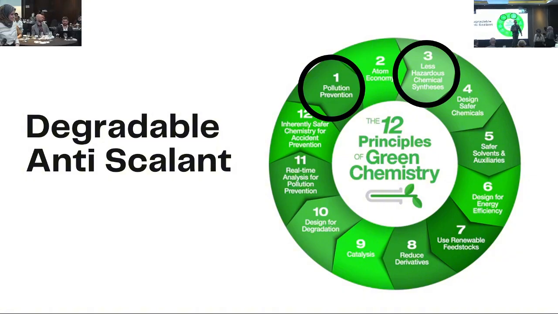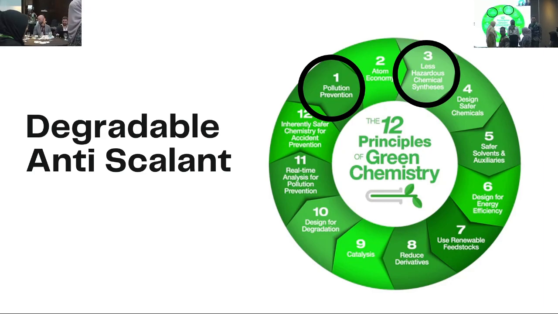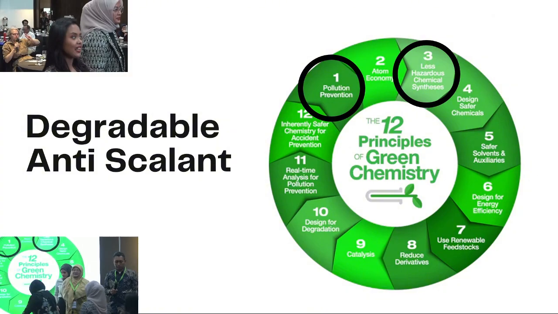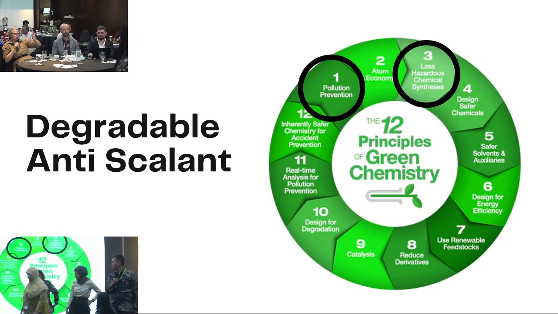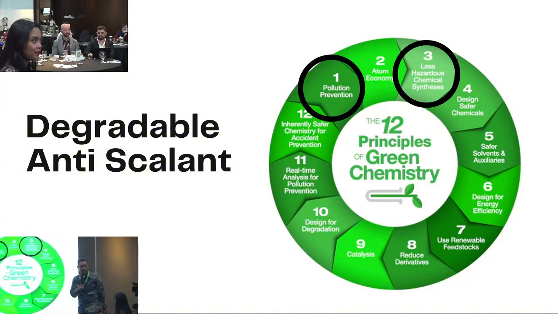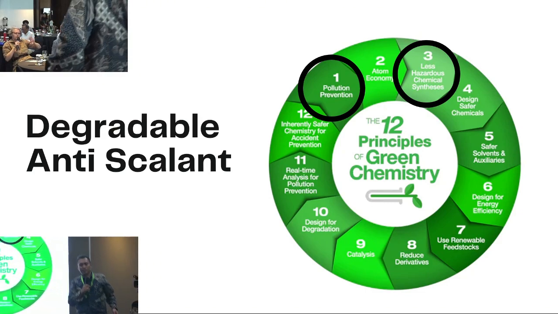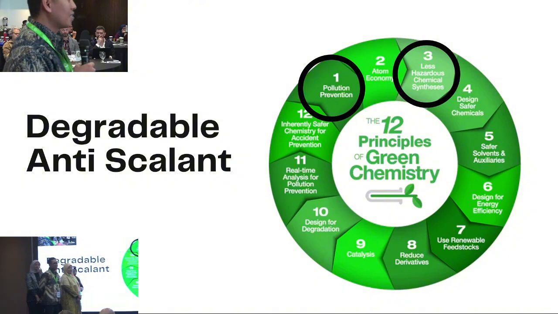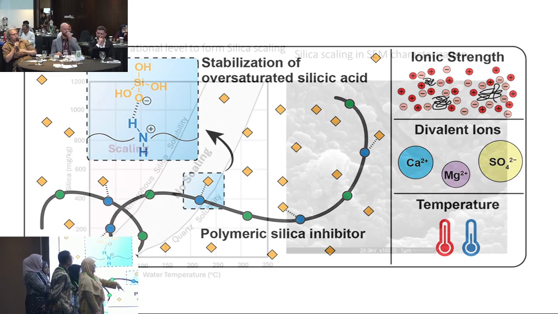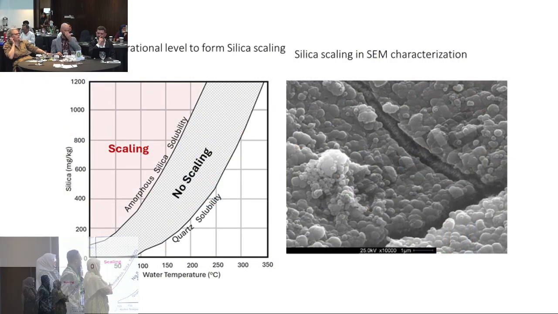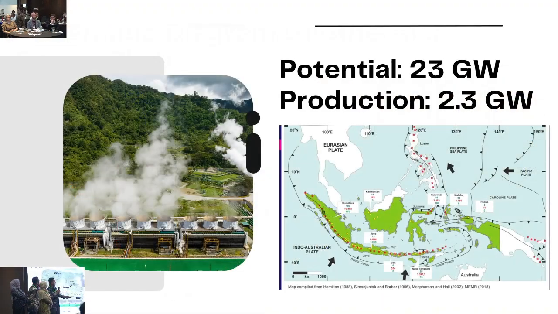The question, please. So you presented different antiscalants. You presented the phosphonates and then other structures. Can you comment a little bit on the advantages of each of them in terms of green chemistry? You seem to say that the legacy ones were less green, but the new one, I'm not really sure, have a very different formula. So I am not sure I completely get what's the greenness of each of these solutions? Where? Next slide.